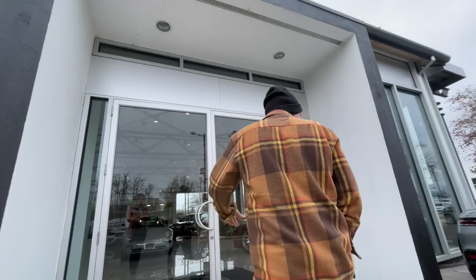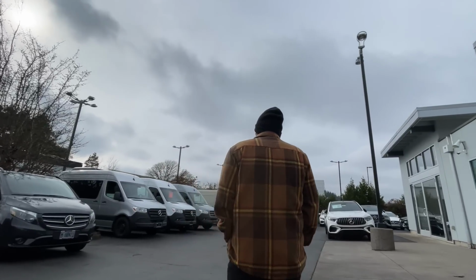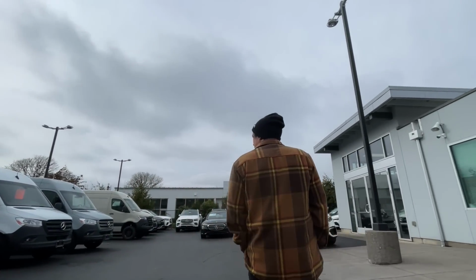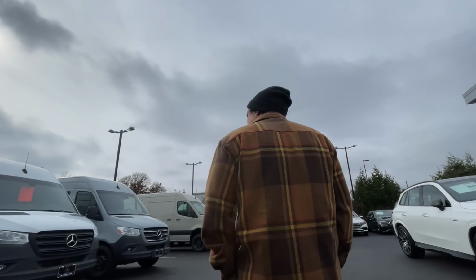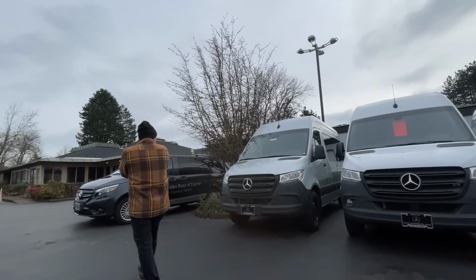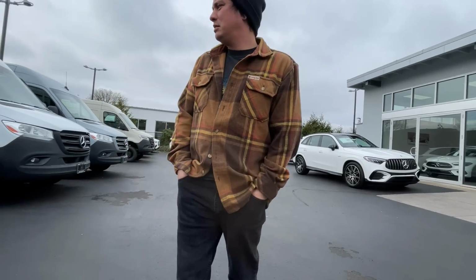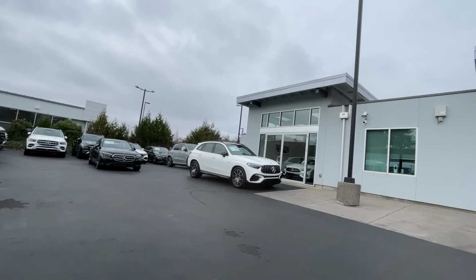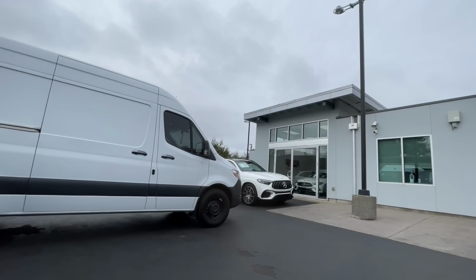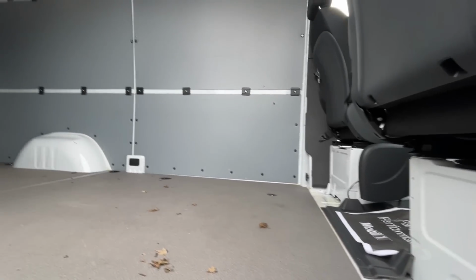I like that tan one. They seem so big in person. Oh, dang, I see what you're saying. Wait, so you said it has a backup camera? Yeah, it's on the left side of the...